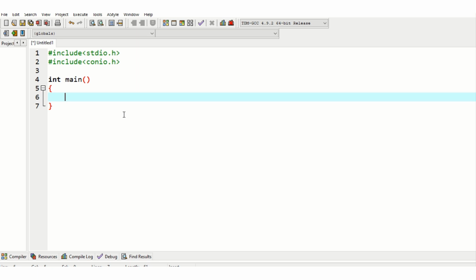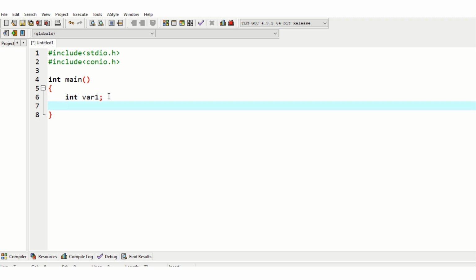For example, int a. This is variable declaration because I have identified the data type. Integer type data will be used, and this is the name of the variable. You can use any name, variable 1, and variable initialization is int a = 10.